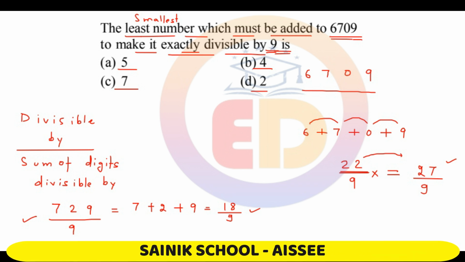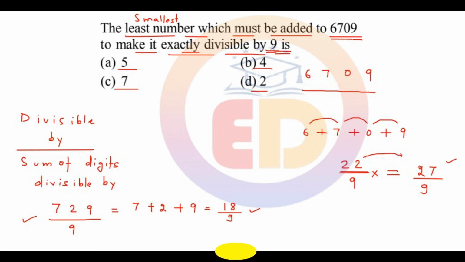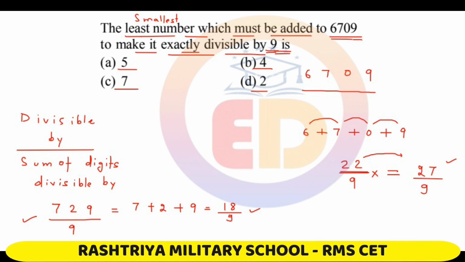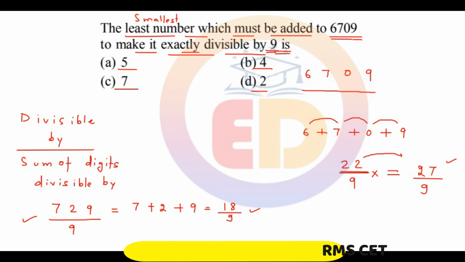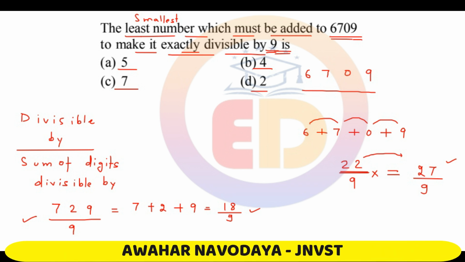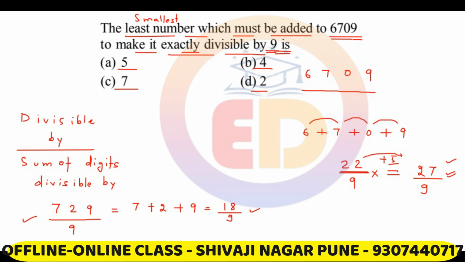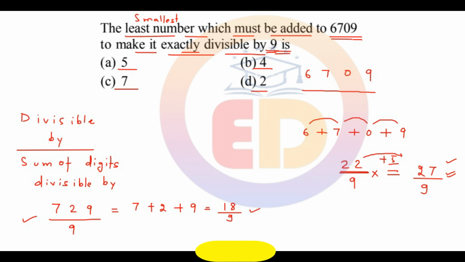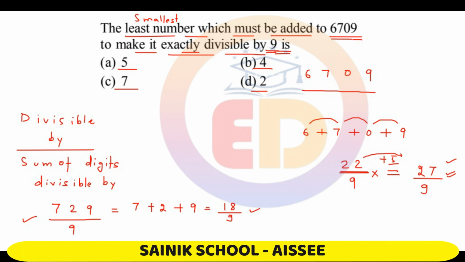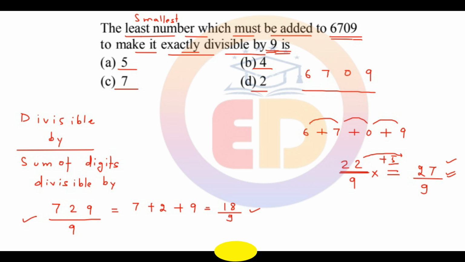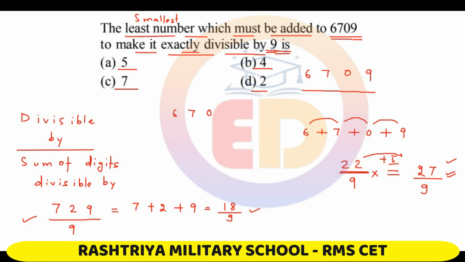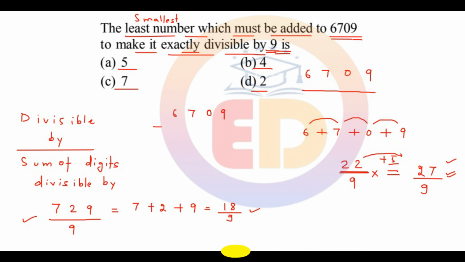इसका मतलब ये है कि हमें 22 को 27 में कन्वर्ट करना है. सॉरी, और अगर आपको 22 को 27 में कन्वर्ट करना है मीन्स हमें इसमें +5 ऐड करना होगा. The moment I add 22 plus 5, it will become 27 and then it will be divisible by 9. Now let us add 5 to this number. If I add 5 to this number, 6709, अगर हम इसमें 5 ऐड कर दें,